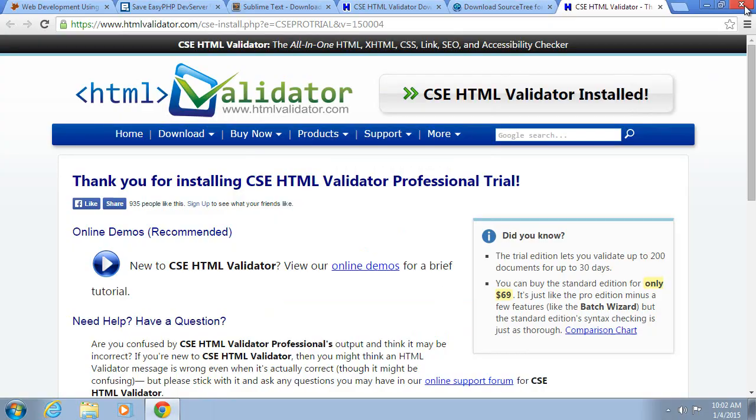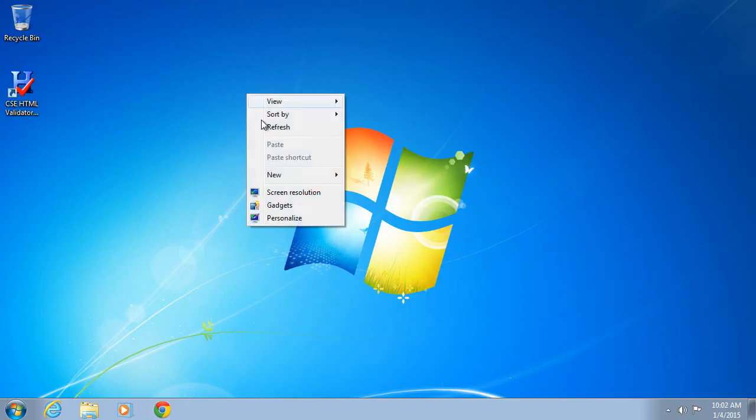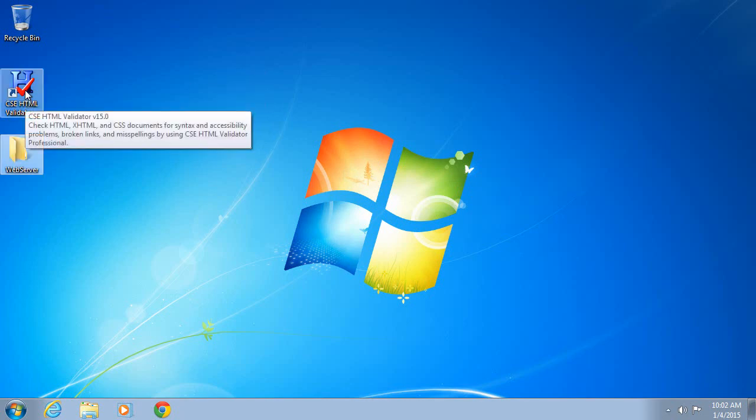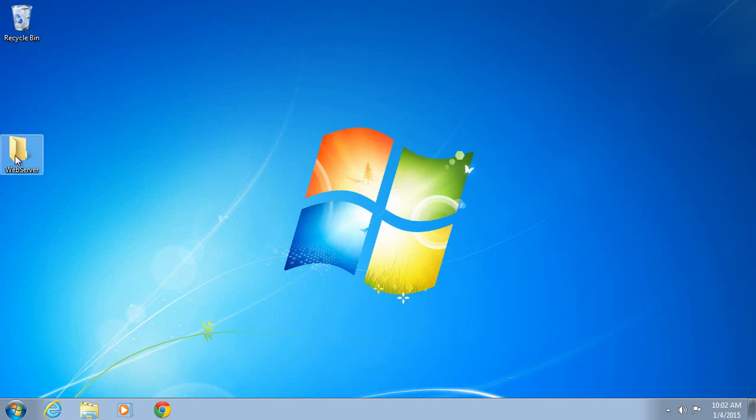Okay, I've got all of this started. Next thing I'm going to do is go over here and create a new folder, and I'm going to call this web server. I'm going to pull all my web files from this folder. You might want to keep your project file somewhere else. If you do, go ahead and create the folder in that location. And just to keep my desktop clean, I'm going to remove this shortcut here. There we go. So I've got web server set up here,